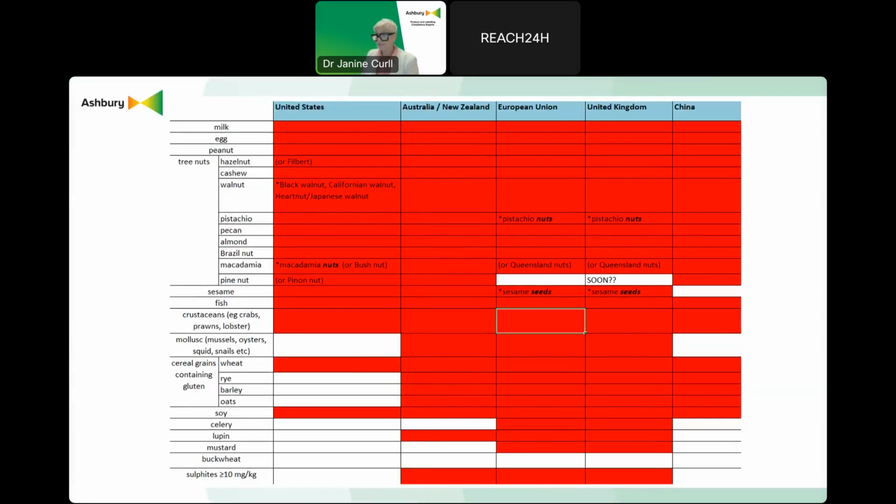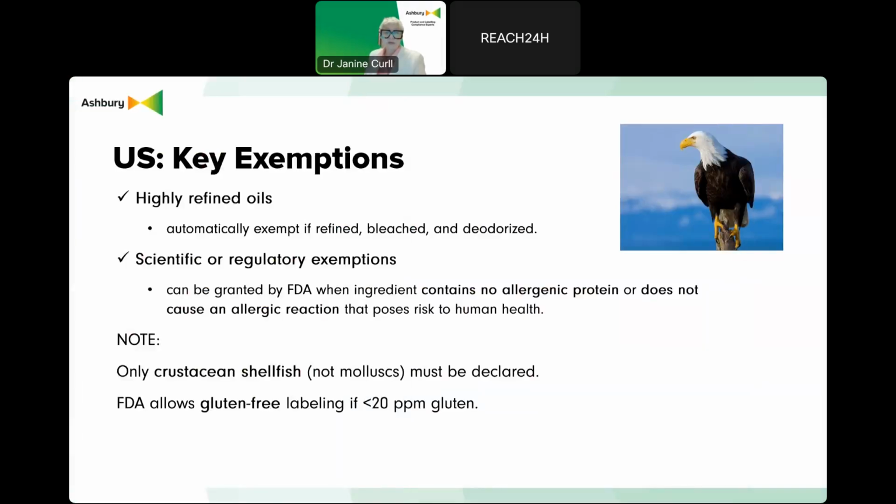So I'm returning now to the comparison table, just to revisit as a summary of what we've discussed. Where some allergens like milk, egg, peanuts, and tree nuts appear across all jurisdictions, as you can see, the bottom part of the table has some variances. I'll just take some time to quickly go through some of the exemptions. I won't spend too much time on this, but there are some key exemptions in each jurisdiction, and some of them are consistent from one to the other.